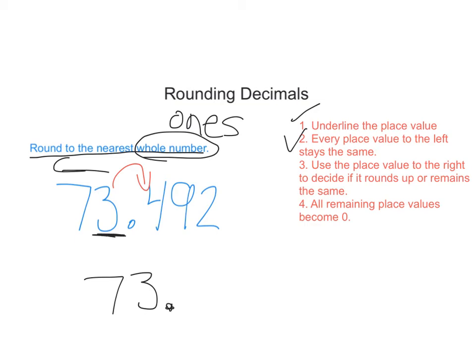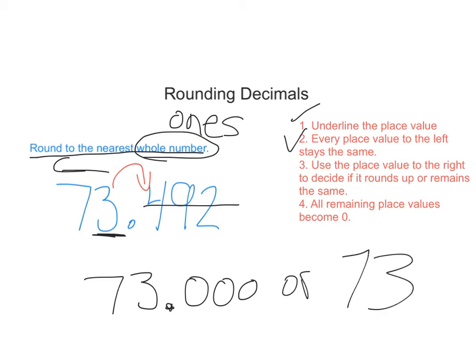And every place value to the right becomes a 0. So I could write my answer as 73.000, or the simpler way, 73. My number is rounded to the nearest whole number, and I'm still going to check